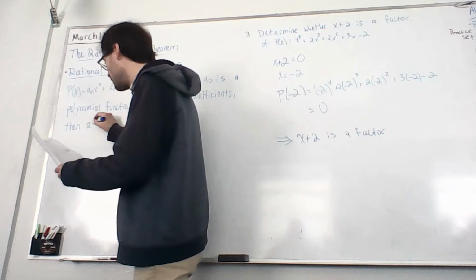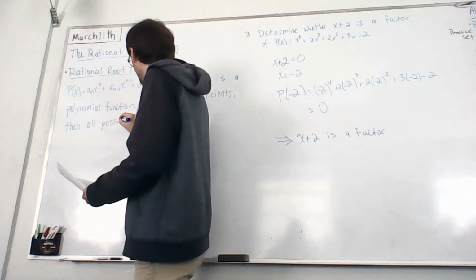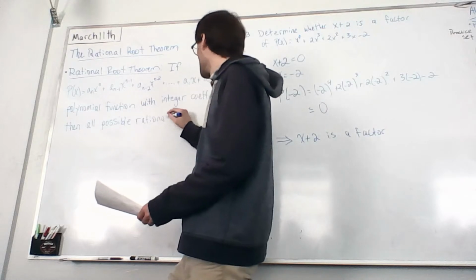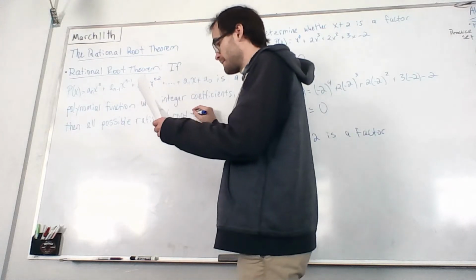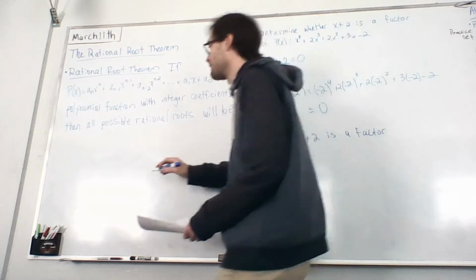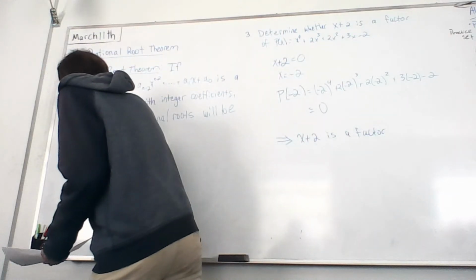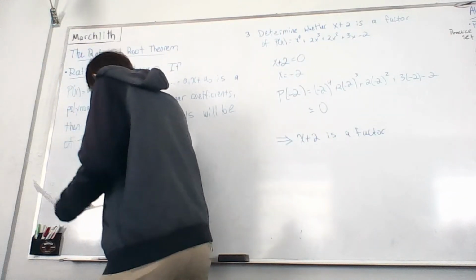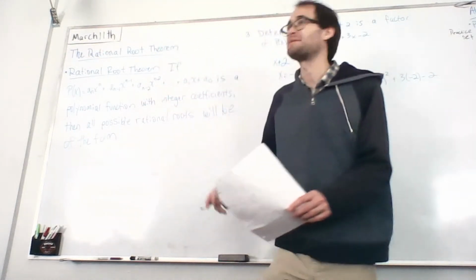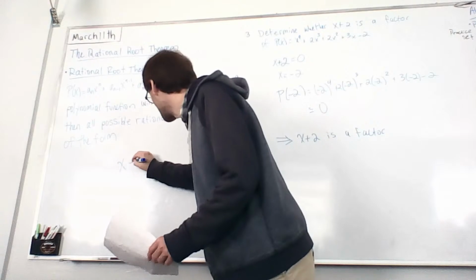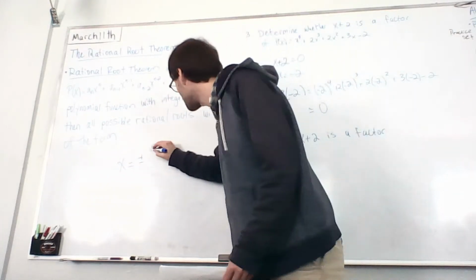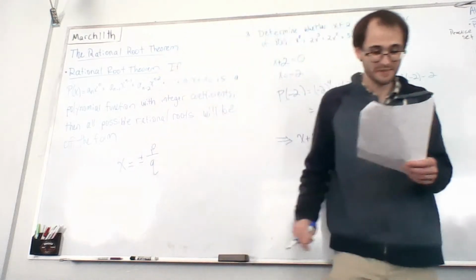Then all possible rational roots will be of the form, this is the important part, x equals plus or minus p over q,